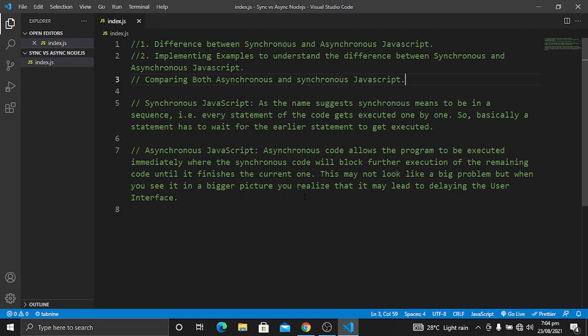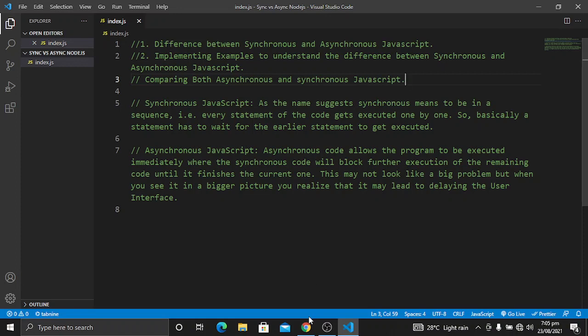So what is asynchronous JavaScript? Earlier I gave you the example of four different functions, or four blocks of code, that were executed one by one. In asynchronous JavaScript, these four blocks of code will be executed at the same time. Asynchronous JavaScript doesn't wait for one function or block of code to complete before moving to the next one. They are all implemented at the same time, so asynchronous JavaScript saves us a lot of time.